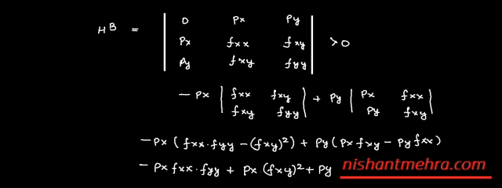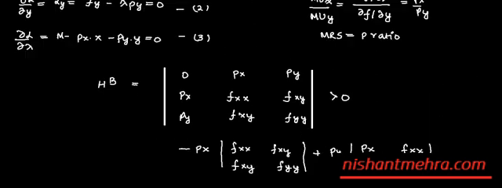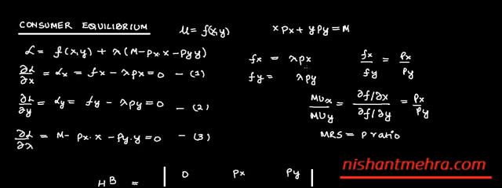What you eventually have is basically, in place of fxx, what you can write is, in case you go back to the first order conditions, which is this, your fxx will be equal to